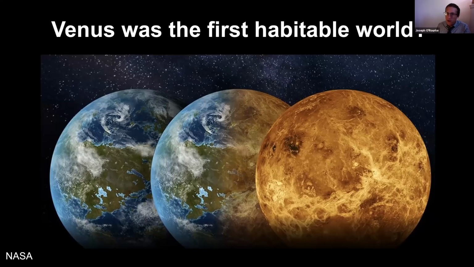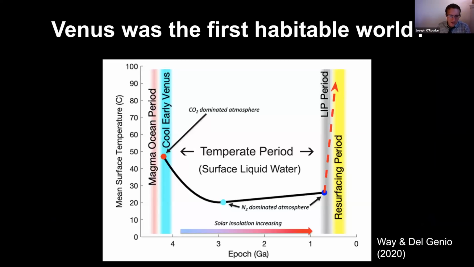They both had oceans for billions of years. Maybe they both had life. But then something very bad happened to Venus. And within a few 100 million years, Venus went from a clement paradise to the hellish wasteland that it is today. And so just to be a little more sciencey about that story, the idea is that when Earth and